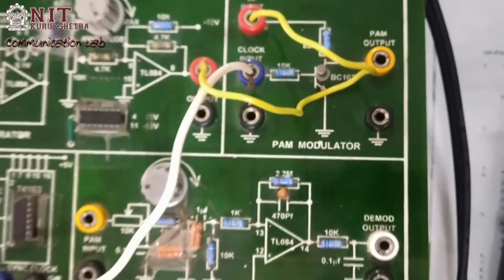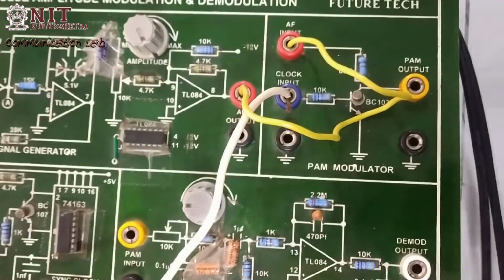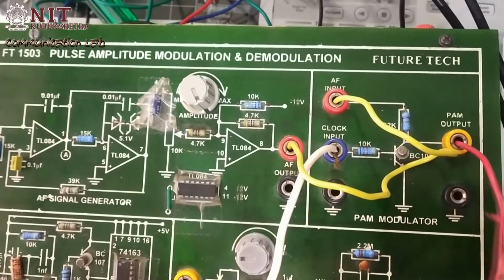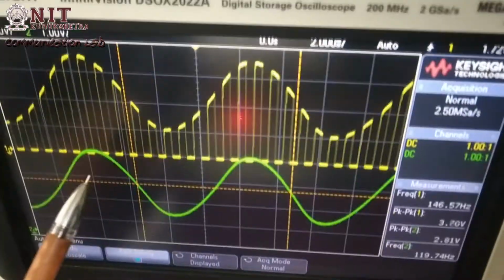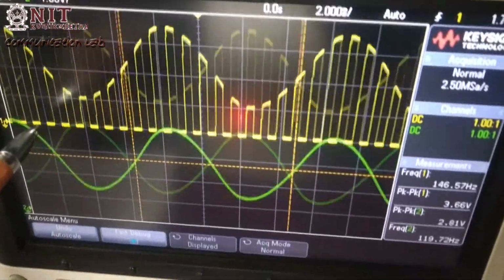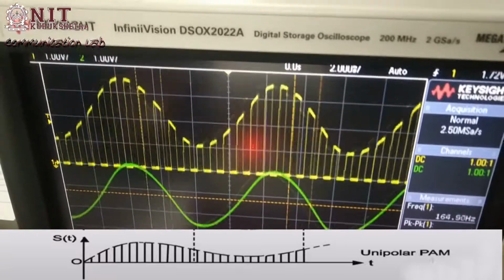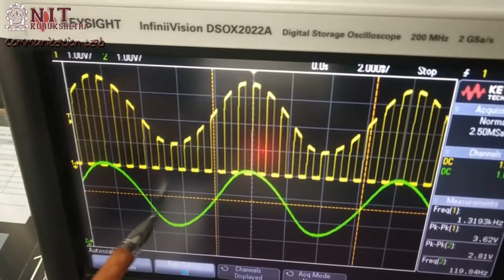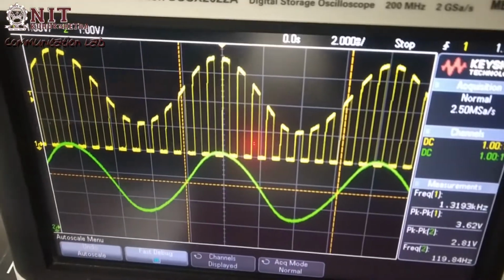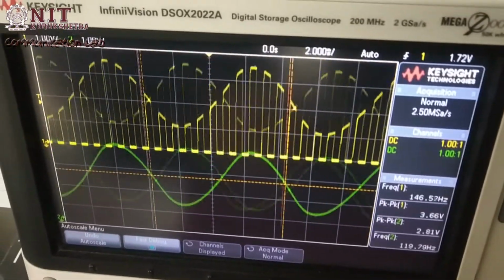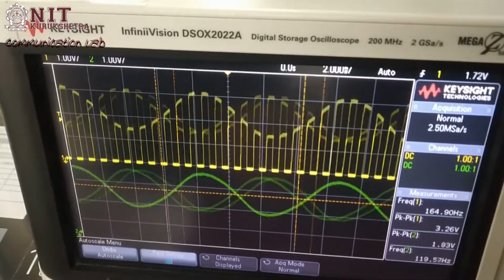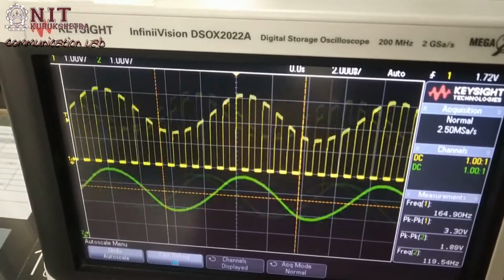Now we see the modulated output. Here we can see the modulated output, in yellow color, and in green color our message signal. As we vary the amplitude of the message signal, we can see the variation in the modulated output.